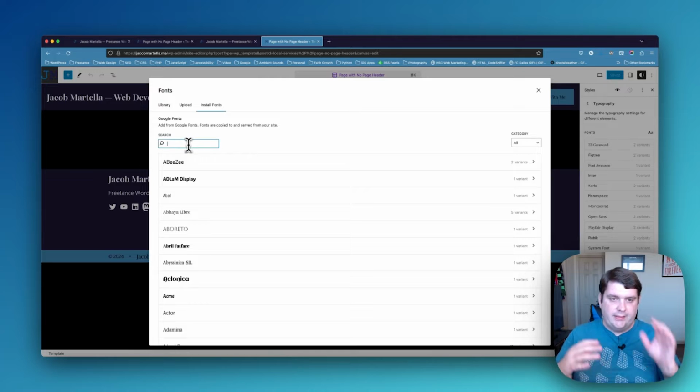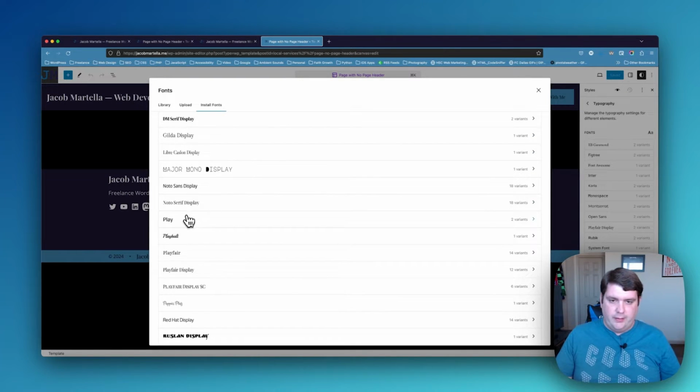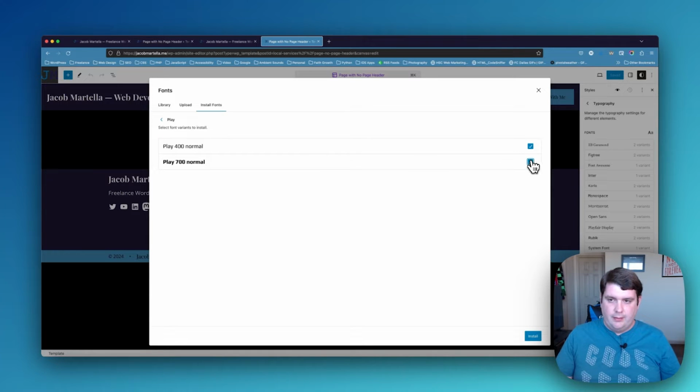This is the font library feature, or fonts API feature, that will be coming in WordPress 6.5. I'm using the Gutenberg plugin now, which has this feature. It's not in WordPress core yet as of this recording, and probably as of now, if you're watching this when it goes live, if you're using WordPress 6.5 or higher, it should be in there. Anyway, we're going to look for the Playfair font, and we're going to select both of our variations and install. All right, so they have both been installed,